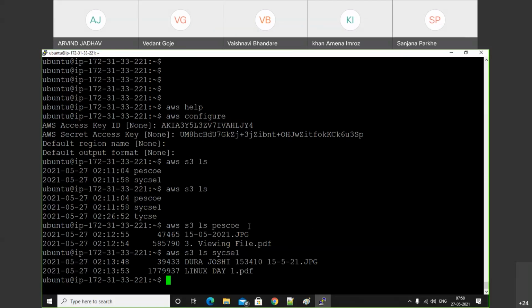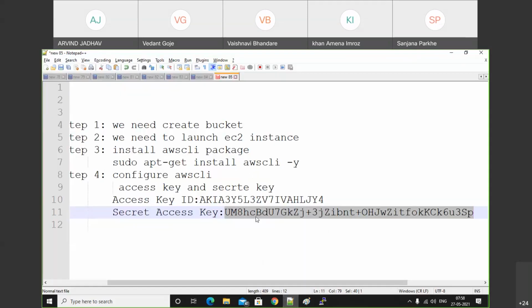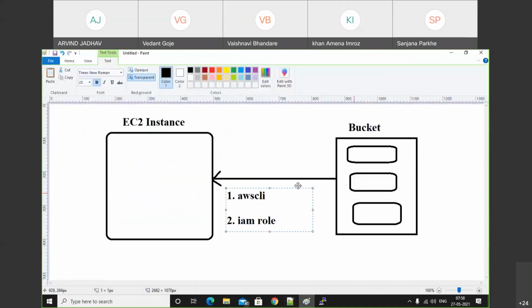Today we'll discuss how we access S3 buckets and objects inside the EC2 instance by using the secret key and access key. Okay, so this is the simple way. By using that, we can access the content of data. As in the diagram, by using AWS CLI, we can access the bucket inside the EC2 instance.